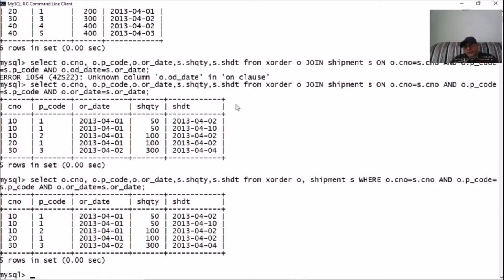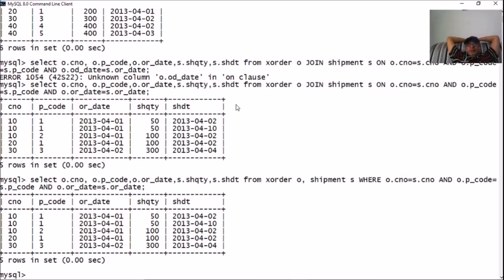Enter, and we have got the same result. So whichever way appears convenient to you, you can use. If you are comfortable with the join on command, you can use that. If you are comfortable with the where clause, you can use that. I have told you both ways. This was how we can join two tables on multiple columns.